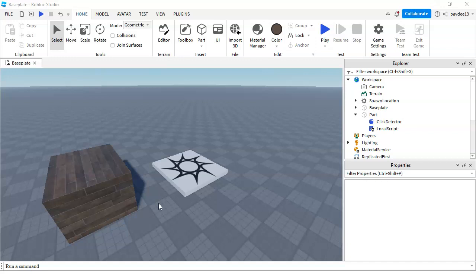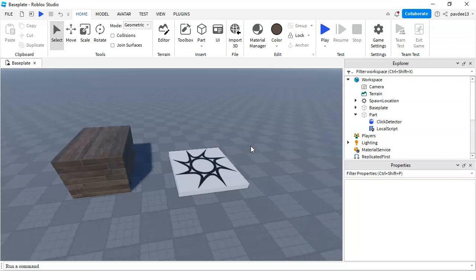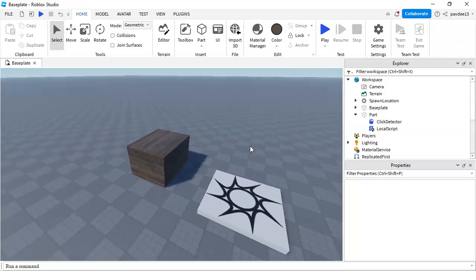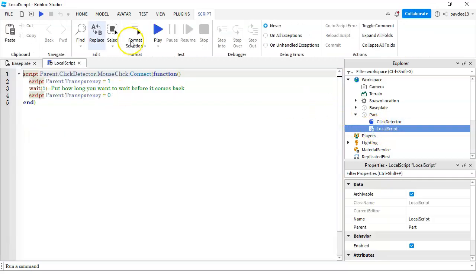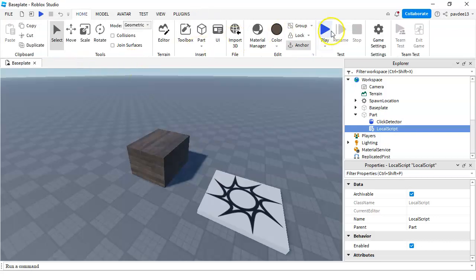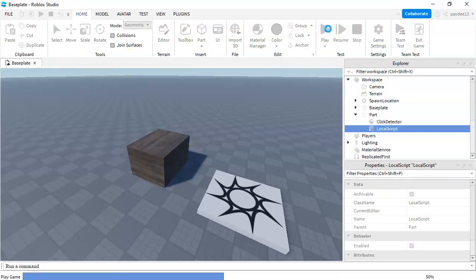Roblox Studio. Today we're in the second part of this series. I made a video on how to make a clickable block that, if a player clicks it, disappears and then comes back after any time you want. And I just added a local script to the part, and everything looks correct. I don't see any red lines, but as I play the game,